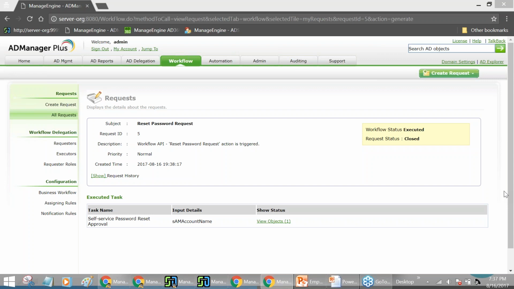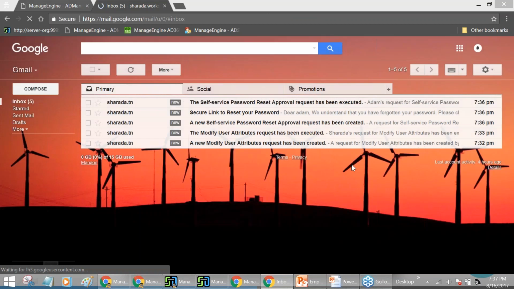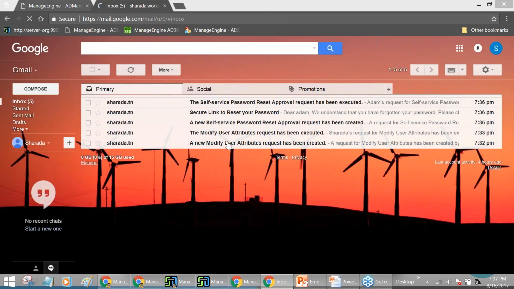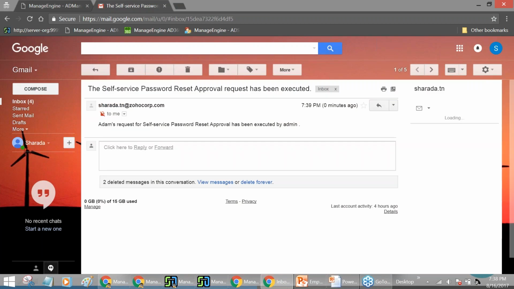So that's what I'm doing in the background. So yes, once I've been logged into Adam's account, you can see that I've received a couple of notifications with regard to my approval workflow. I'm going to go to the latest one, which says the request for self-service password approval has been